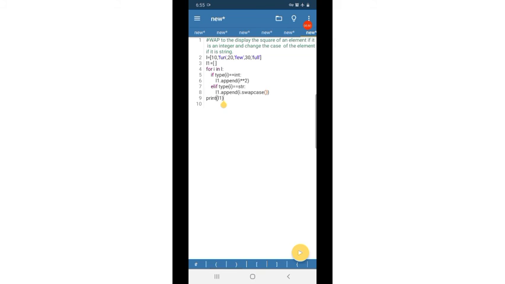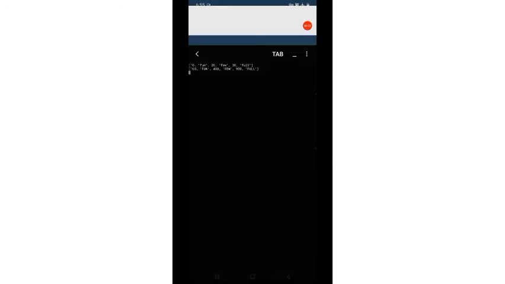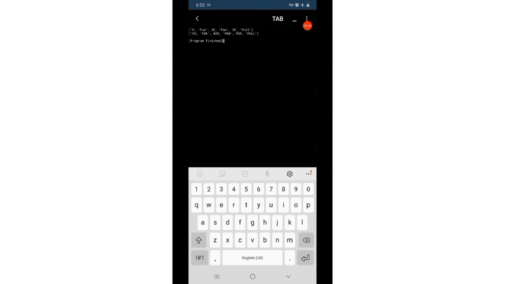First we can print L, then we can print L1. So first list was what? 10, fun, 20, few, 30, full. Now all the integer values are converted to square, and all the strings are converted, small letters to capital letters.